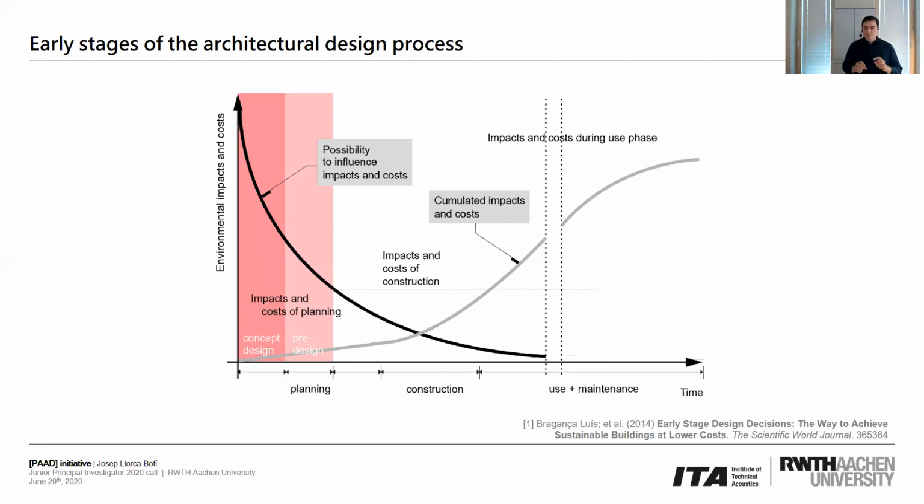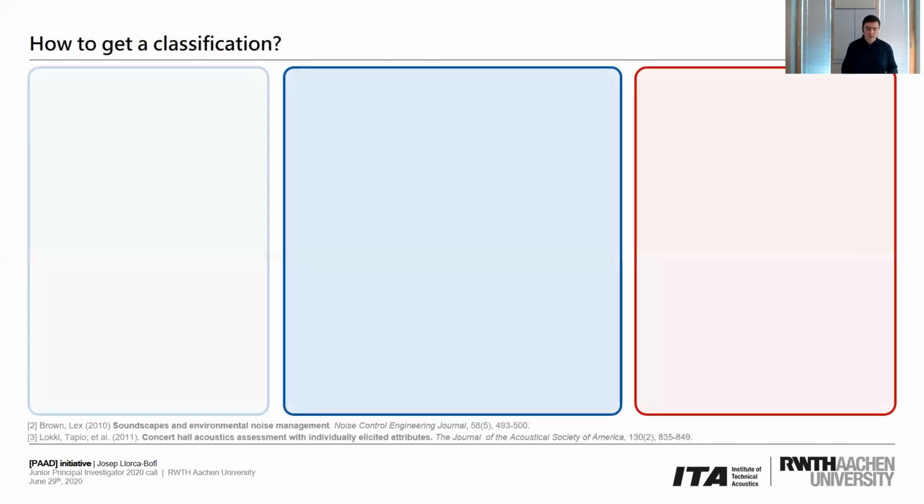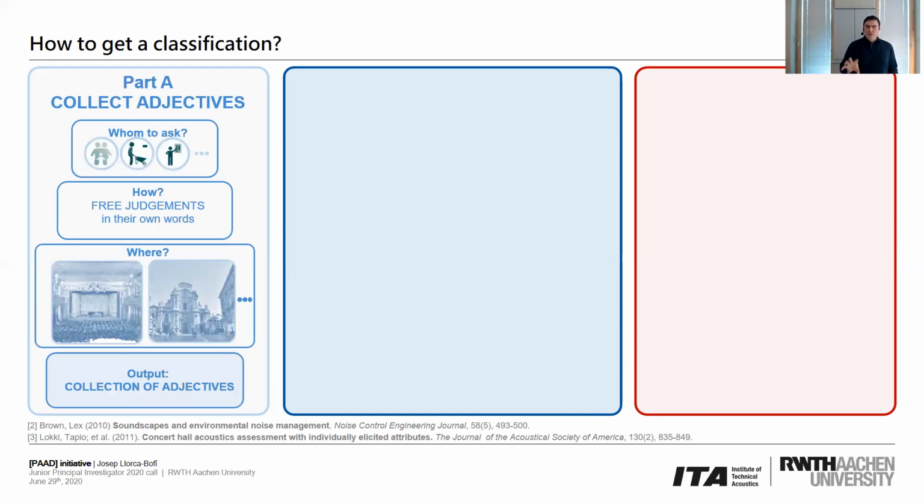This is why studying how the building will perform in the last parts of the construction makes a lot of importance and interest. But how do we do that? My idea is to start a classification which has 3 stages, as we see here, in which there is a first part A, which will collect adjectives. This is a big test that will be performed in the next years, a big test which includes, in the first part A,